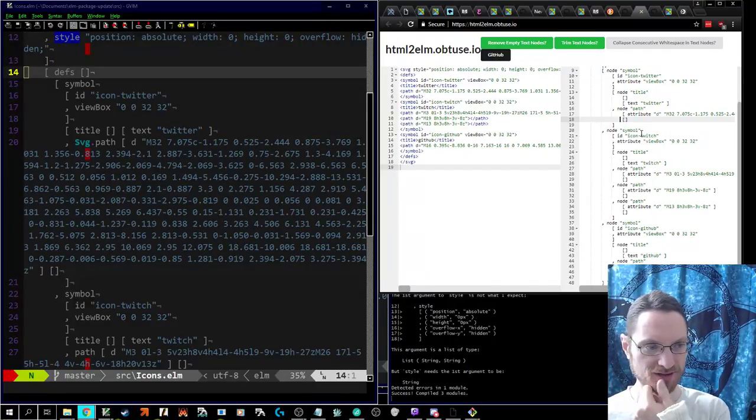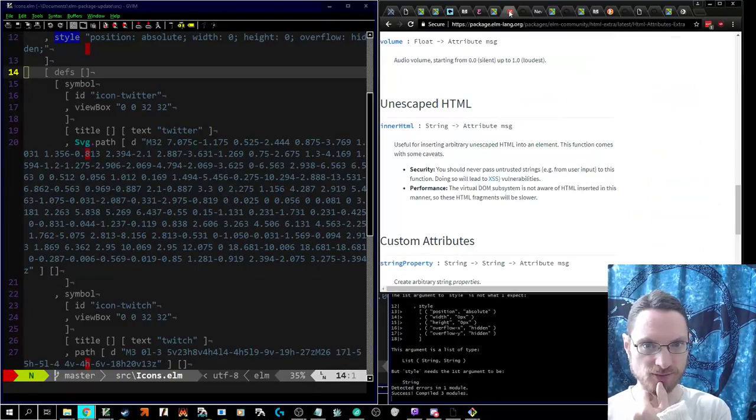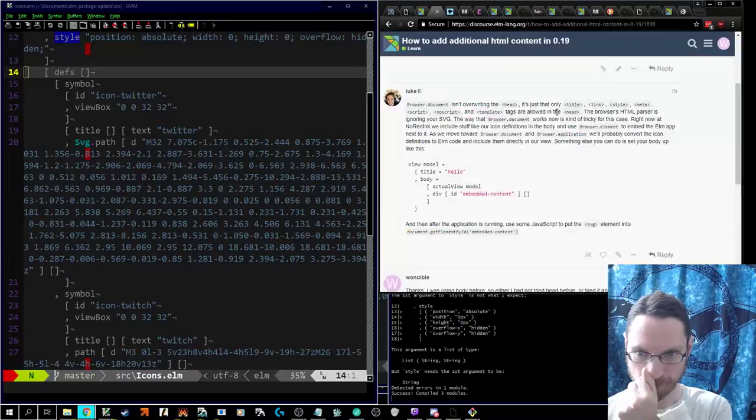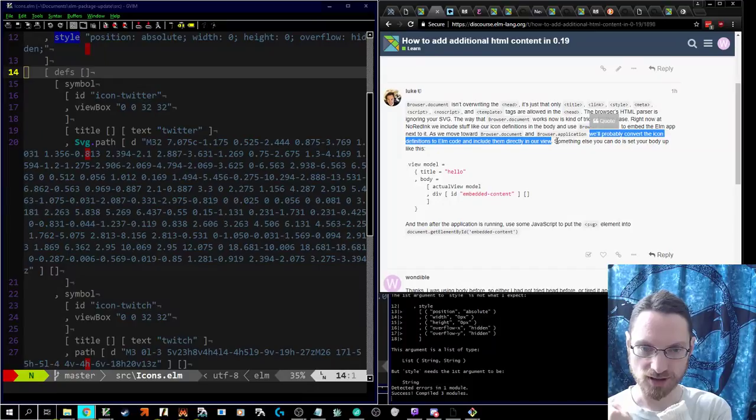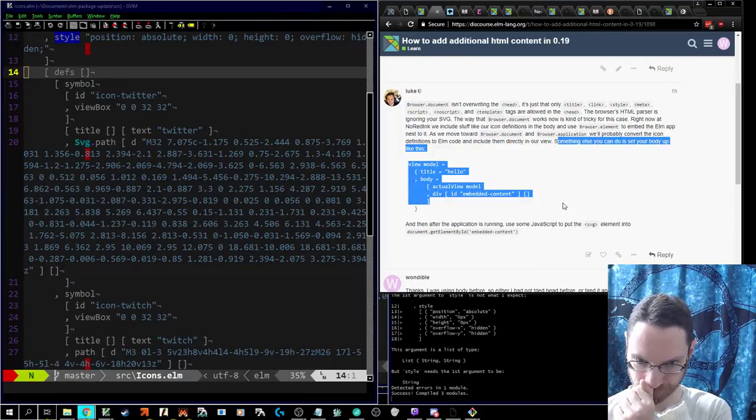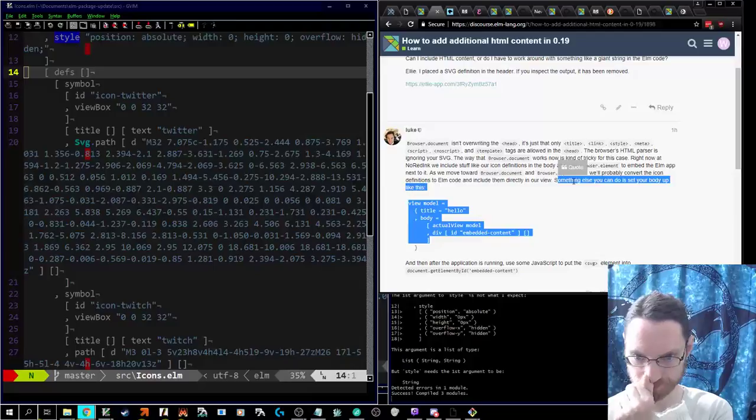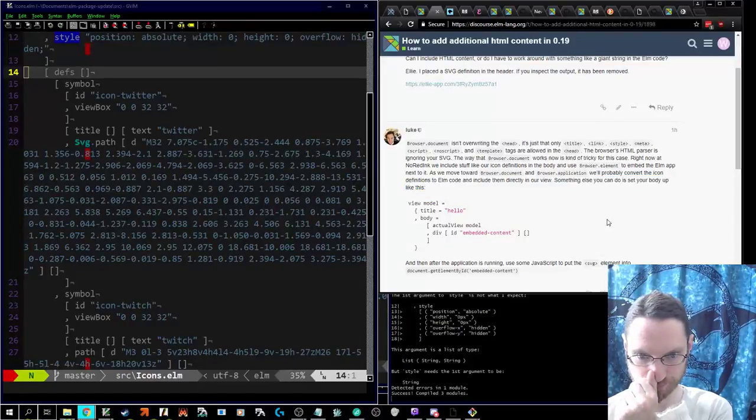As long as Elm conserves the ID node and doesn't mess with it, then that will probably work. I may have been biased by this guy saying, we'll do the conversion. This is just something else you can do. But being able to auto-convert the icon definitions would be handy